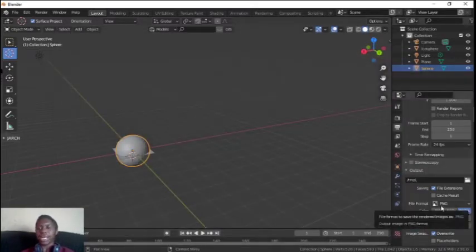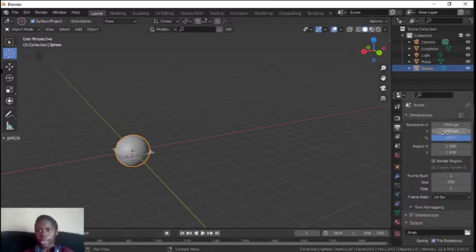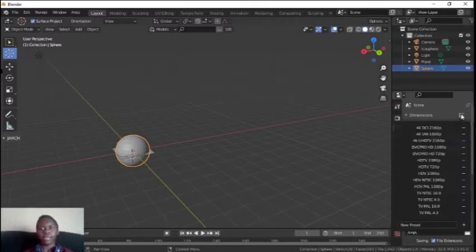And you can change whether your render passes have to be JPEG, PNG, bump, iris. I don't even know what iris is. As full HD, which is called 1080p. But if you click here in these buttons, you have other options. Like you can render your footage as 4K, 226p. I don't know why you would actually render above full HD, to be honest, because